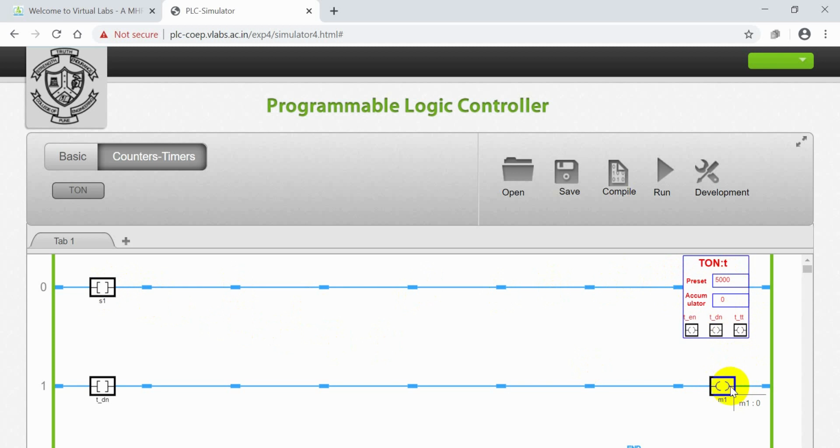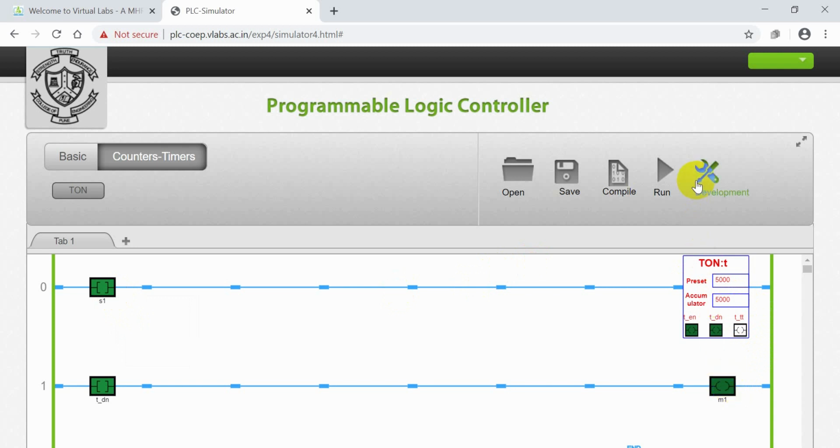So a 5 second delay is provided here. For example, toggle, so it is on. Check here: time counting and the accumulator value increasing. After 5000 milliseconds only, the motor M1 became on.